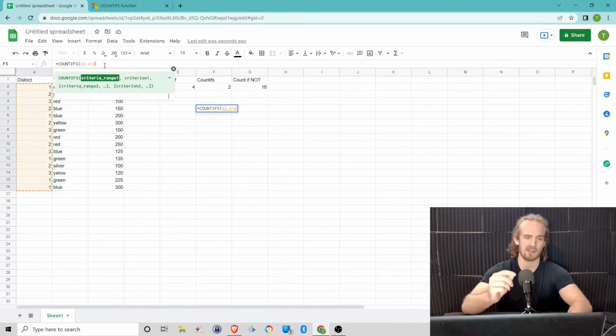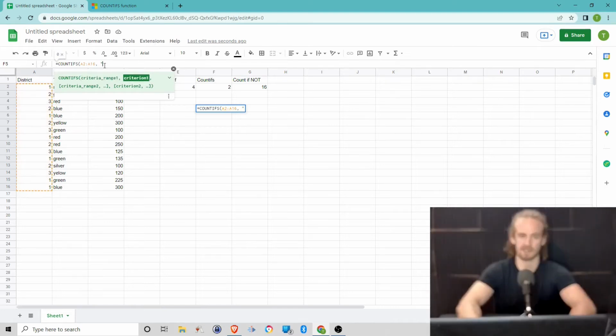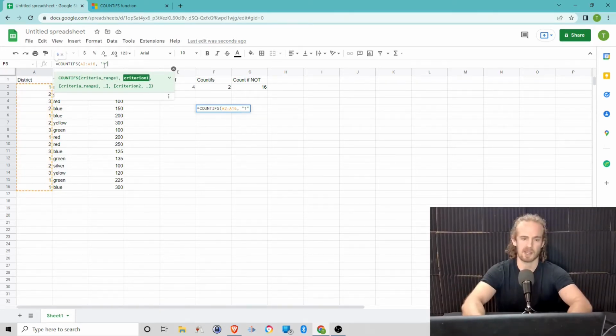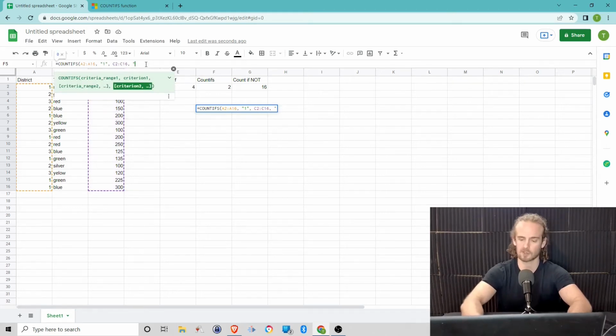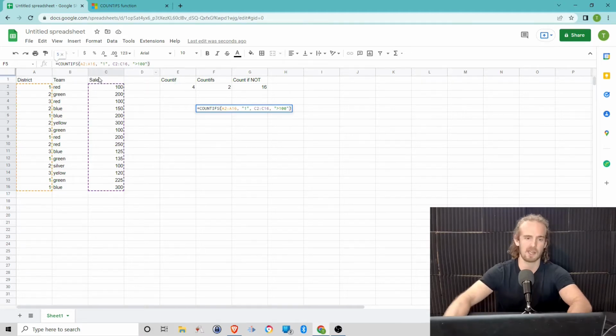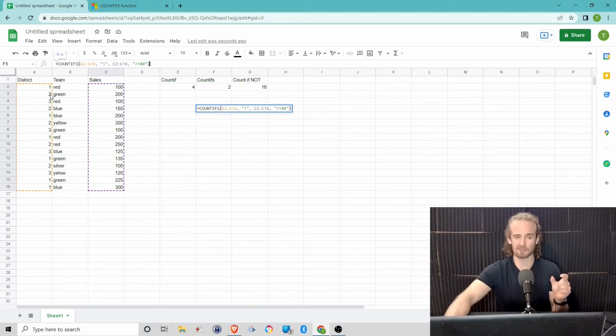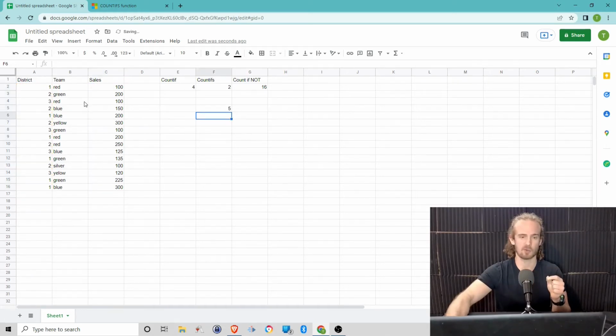So in the alpha column, we want to see, is it equal to 1? And then for our second search parameter, we want to say in this column, are we going to be greater than 100? So let me just go ahead and put all of that in there. And basically what we've got is we're saying count. We only want you to count a cell if the district is District 1 and the sales are greater than 100, right? So we enter that and we see that it exactly